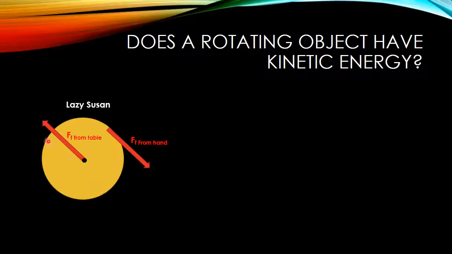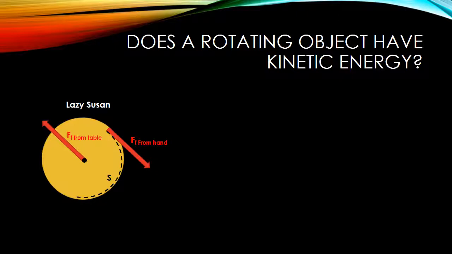Well, since it doesn't translate this way at all, we can say that this force is not doing any work. We know work is force times displacement. However, the object is translating at this point along an arced path of s. And we can see that since this force is being applied for a distance of s, it is indeed doing